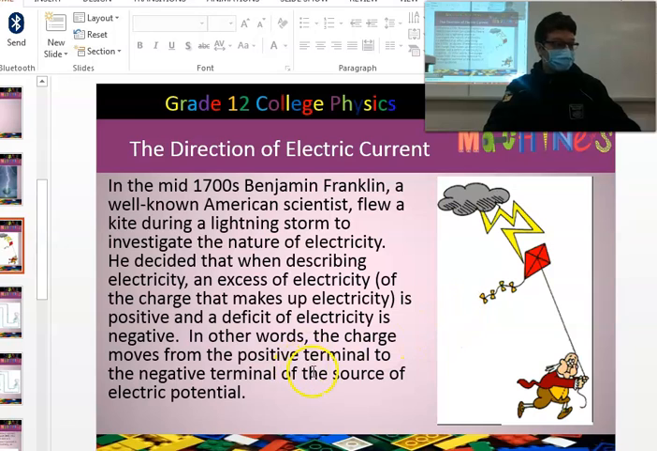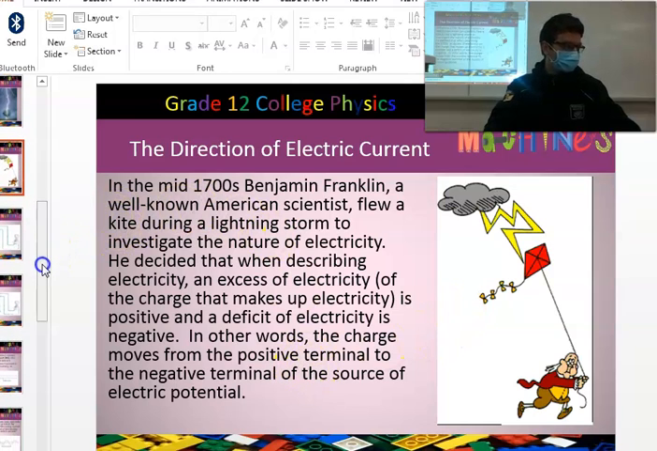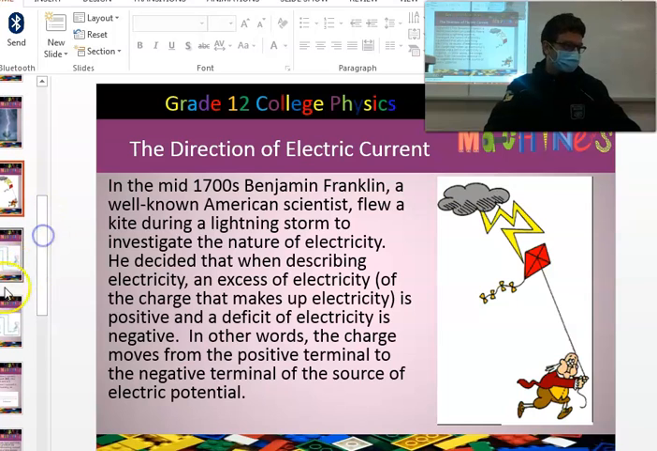So, interesting side note for anyone who's interested in history: another thing he did was he assumed that charge moved from the positive terminal to the negative terminal. So he assumed that it was the positive charges that were moving. Now, in reality, today, we know it's the electrons that move, not the protons, and the electrons have a negative